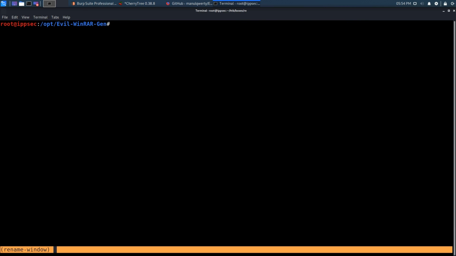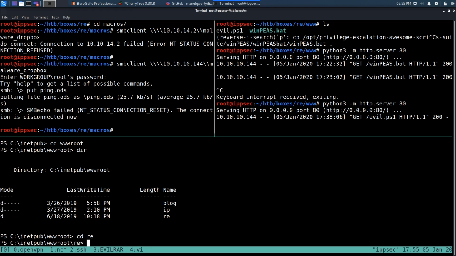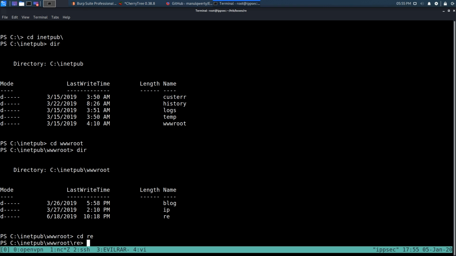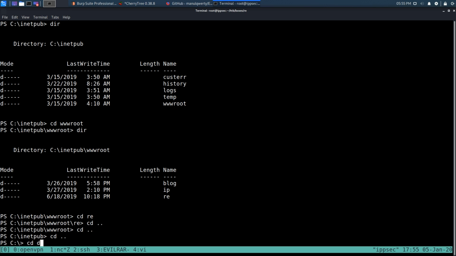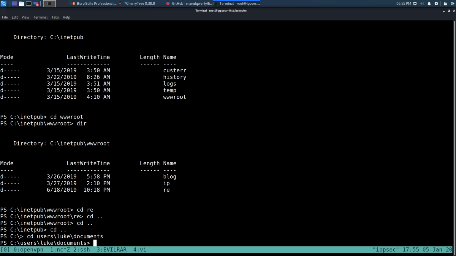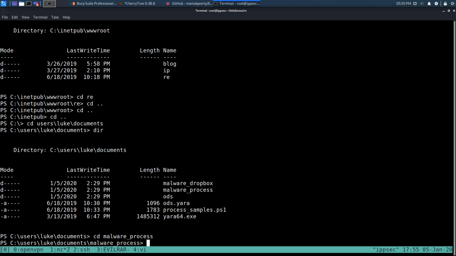Rename this pane to evilWinRAR. Go back here. Do we have a www server? We do. So we can go back into users, Luke, documents, and cd malware process and try to download this. So we can do wget -o